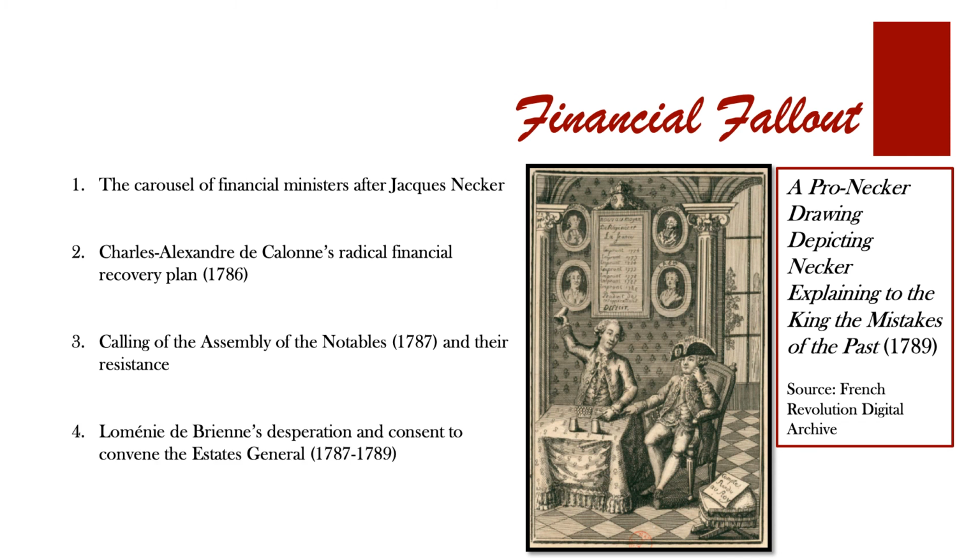Well, Brienne had his back up against the wall. To mix my metaphors, Brienne had to throw a Hail Mary. There simply was no plan to get money to offset the growing debt of the crown. So in November 1787, he approached the Parlement of Paris once again and requested a loan to help tie things over. The Parlement initially refused, but then agreed on one massive condition: that Louis XVI agreed to call the Estates General into session to deliberate over the financial situation of France.